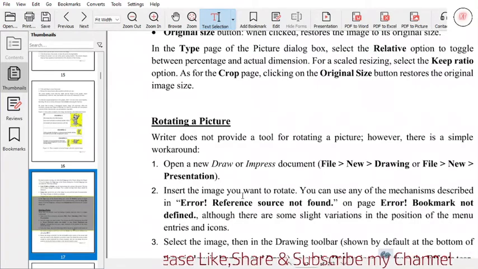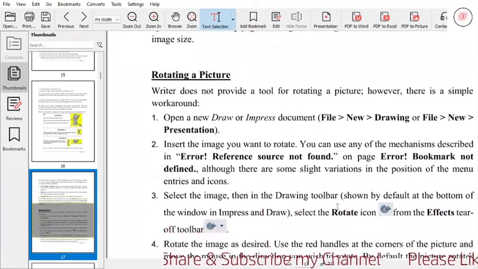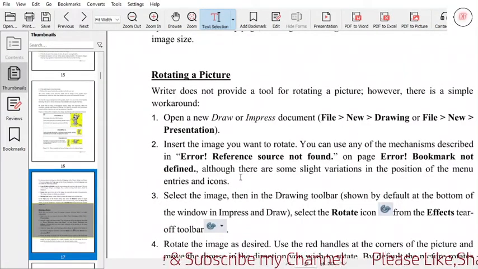Insert the image you want to rotate. You can use any of the mechanisms described earlier, although there are some slight variations in the position of the menu entries and icons.